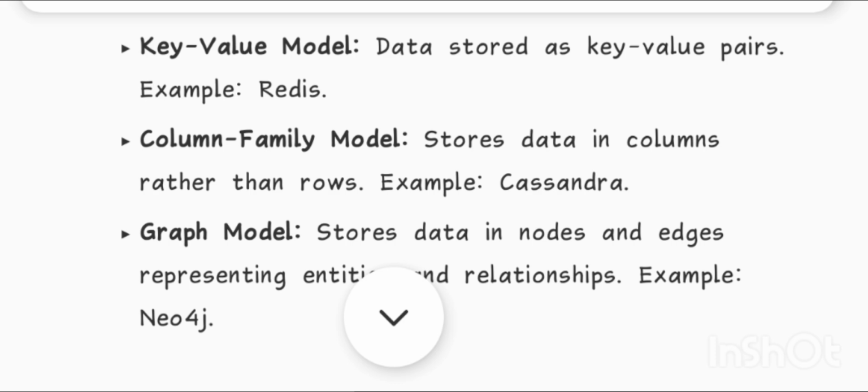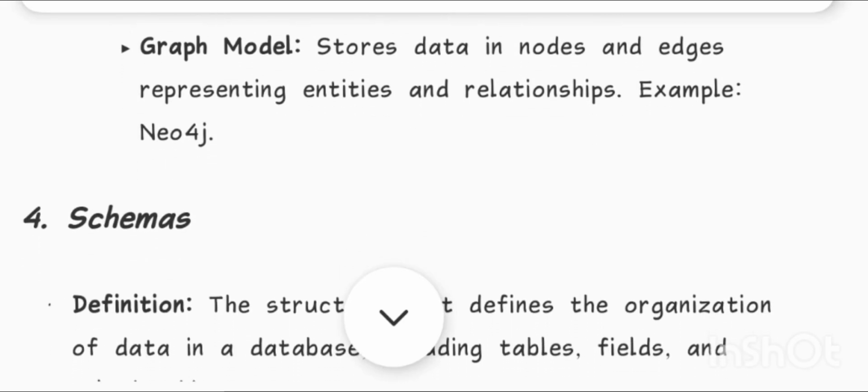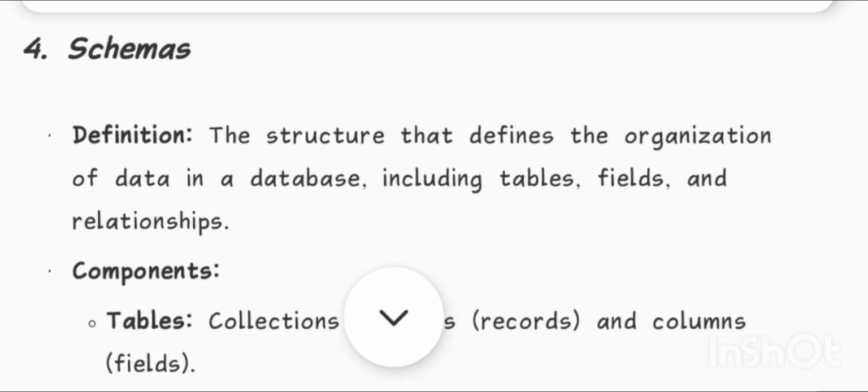Example: Redis. Column family model stores data in columns rather than rows. Example: Cassandra. Graph model stores data in nodes and edges, representing entities and relationships. Example: Neo4j. 4. Schemas. Definition: the structure that defines the organization of data in a database, including tables, fields, and